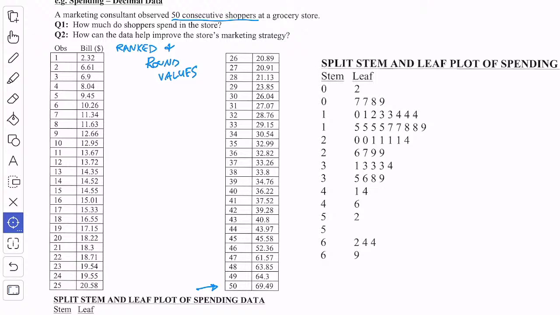Now sometimes decimals are retained. In this case, the decimals add much more detail than we need to see a pattern. Like I see a pattern here, right? So instead, what's going to happen is